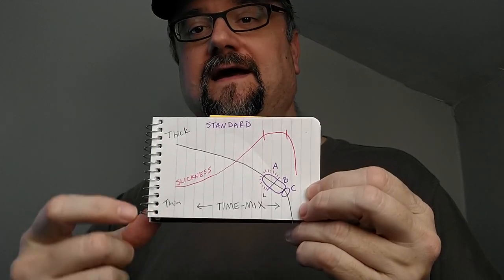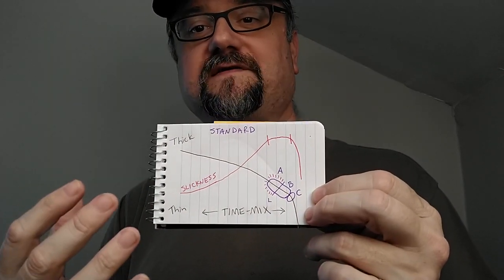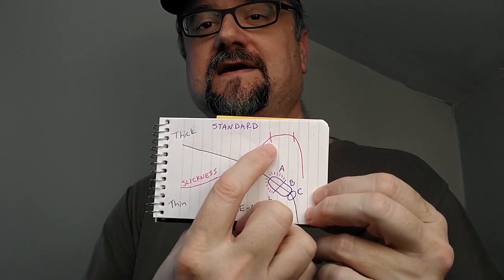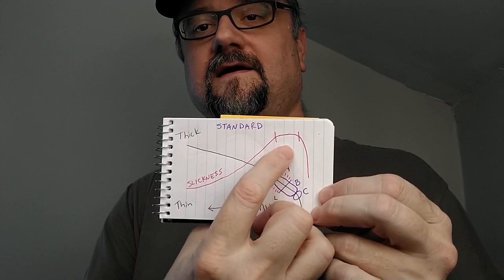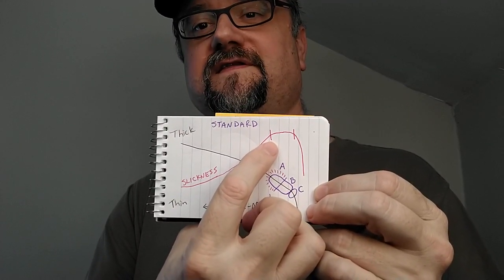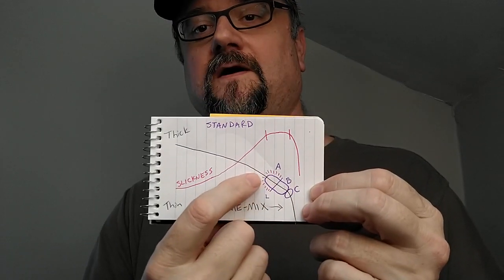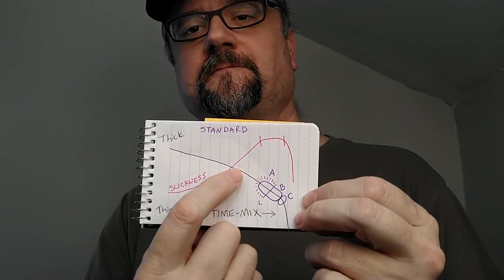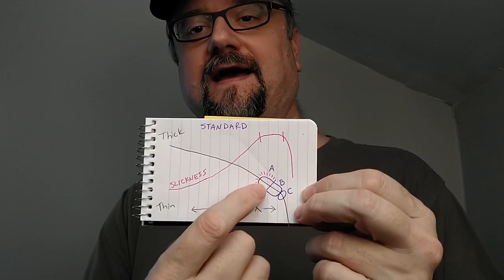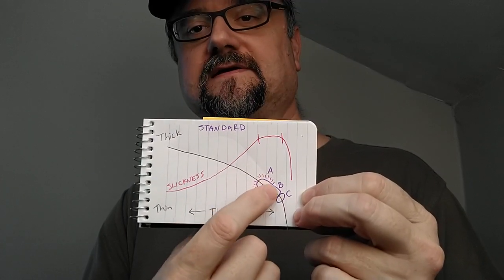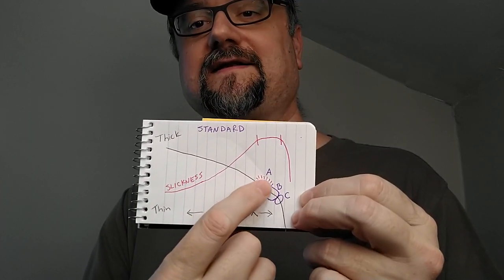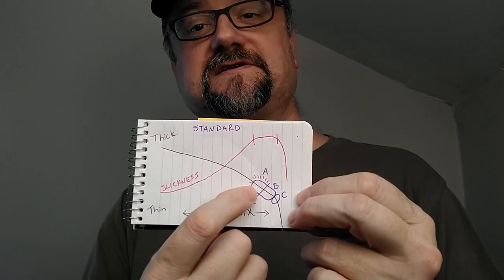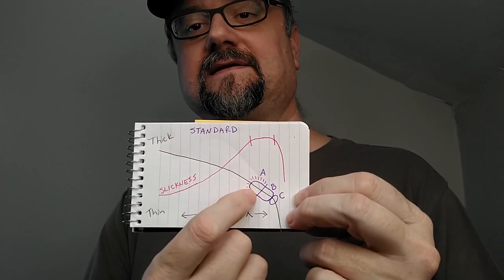Okay, and so here is the crux of everything. This little magical place right here that falls between these two dashes. So we're right in the peak of the slickness. Now, right before here, we're just a little too dry. And then bam, we arrive at this bigger bubble here. And that is where I like to shoot for. Now, ideally, I would land in the A zone here, that's just a prime area, little highlighted, little bursts there.